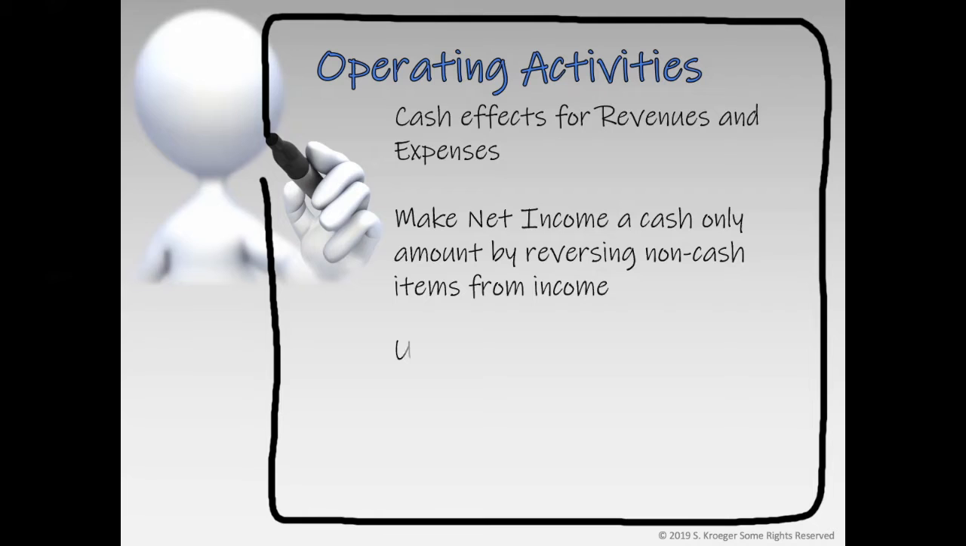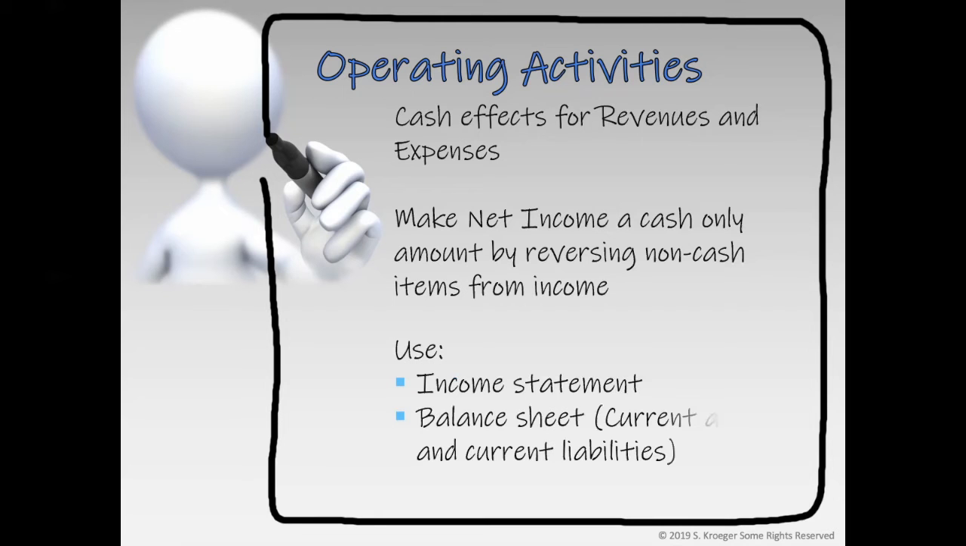cash-only basis. These adjustments include income statement items that do not impact cash, such as depreciation expense and losses and gains on assets. Other adjustments that are needed are adjustments for changes in current assets and current liabilities, such as changes in accounts receivable, payable, inventory, and others. The balance sheet is needed to find this information. Therefore, we will need information from the income statement and from the current asset and current liability section of the